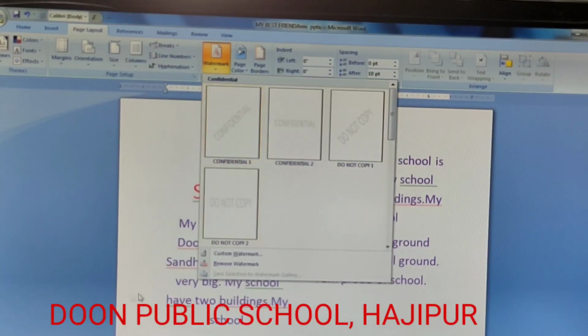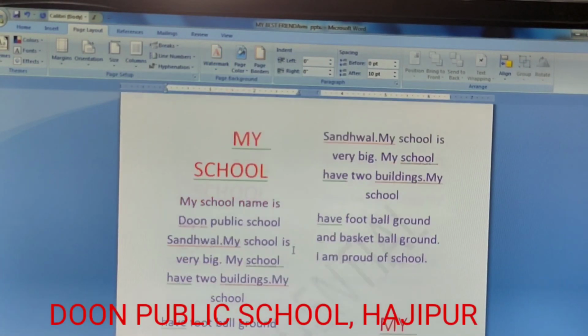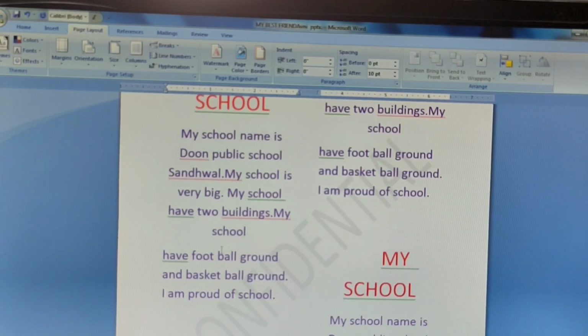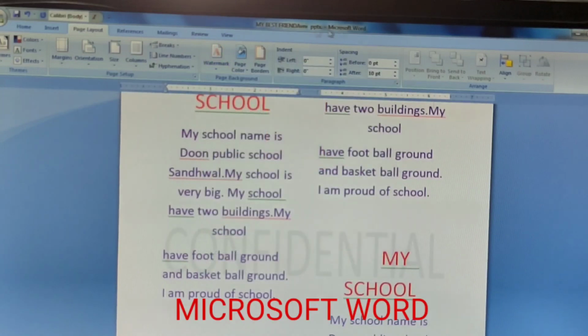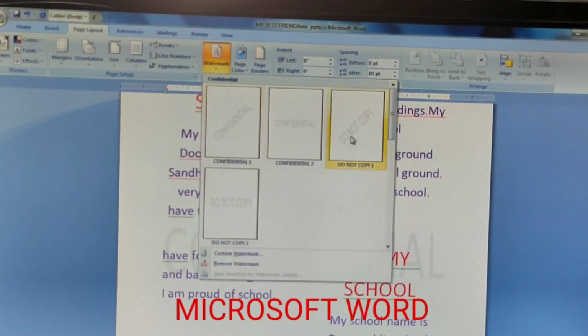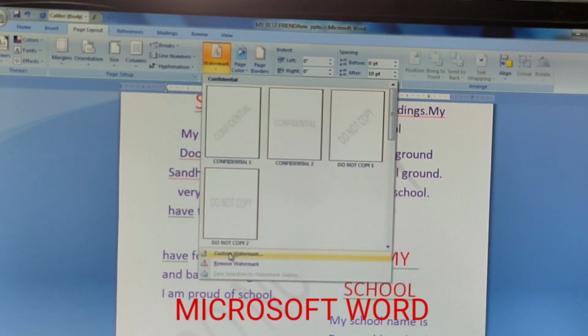Next topic is watermark. Watermark means to provide the wording at the back of my document. Confidential. Look, this is the watermark. Watermark means this is used in official documentation. These are the different formats that I can use in my document.